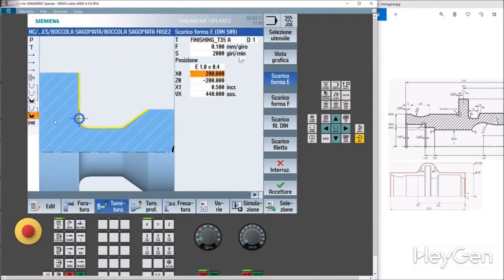XOR. Here it is. So 68.0. Minus 55. So here you see that it's not 68, but 67.5.